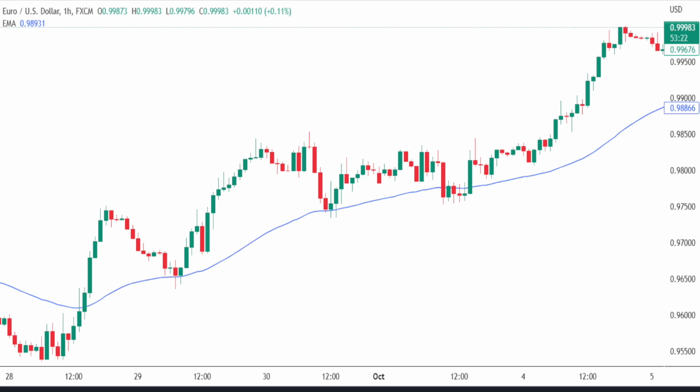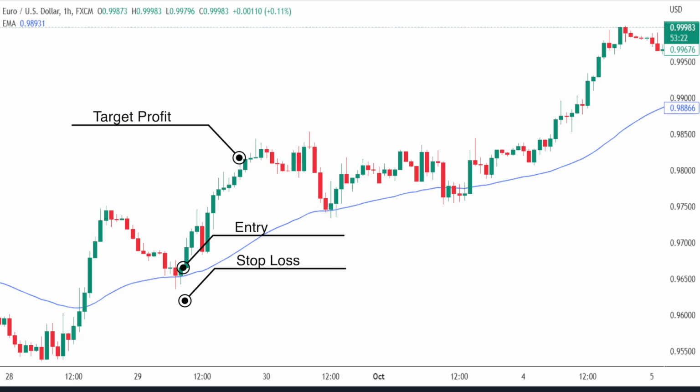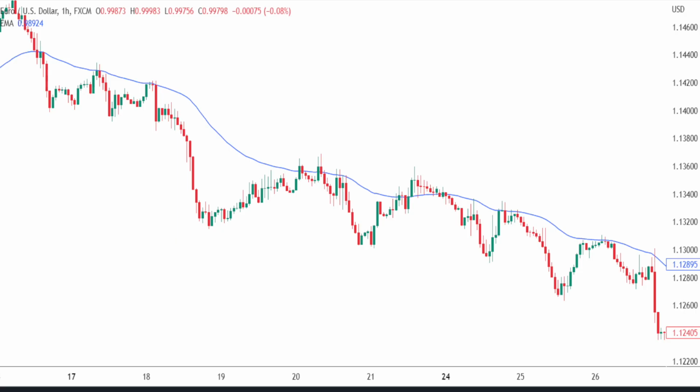Once all conditions are met, we can now enter a position. Place the entry on a candle close to a bullish pattern or strong green candle. Put your stop loss on swing low and set the target 5 times. Now for taking a short position,